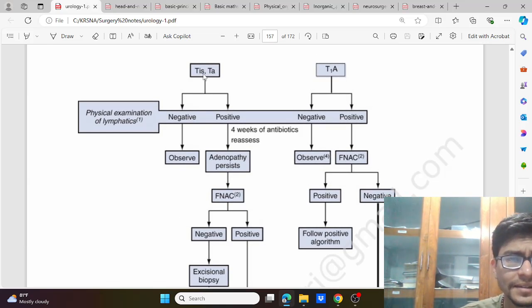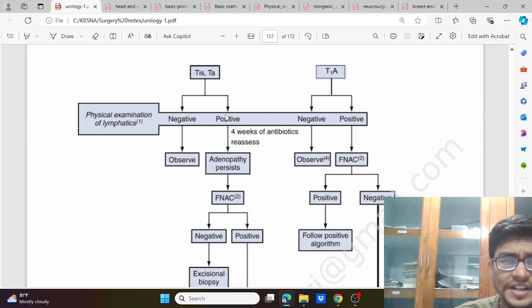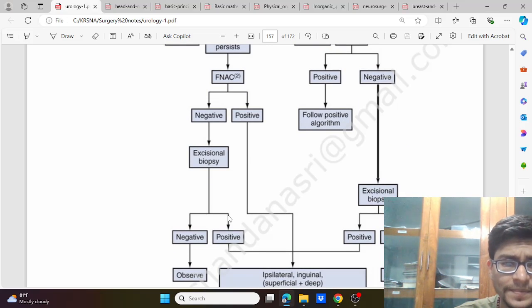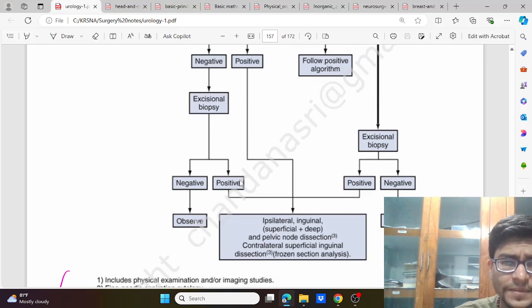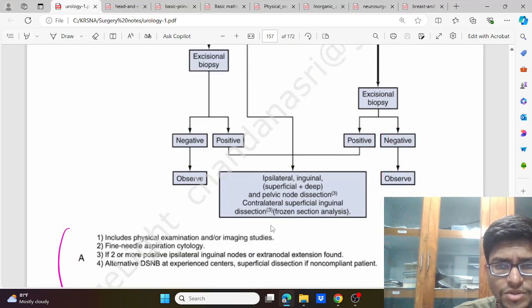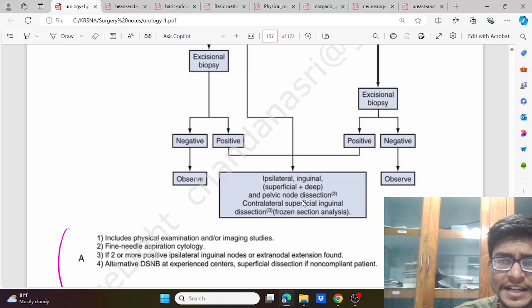If the patient has Tis or Ta and the physical examination of the lymphatics is negative, we will just observe. If it is positive, we will go for 4 weeks of antibiotics. If there is presence of adenopathy and it persists, then we will go for FNAC. If that is negative, then we may go for excisional biopsy. Even if that is negative, then we will observe. If the FNAC or the excisional biopsy is positive, we'll go for ipsilateral inguinal superficial and deep, pelvic lymph node dissection and contralateral superficial inguinal dissection